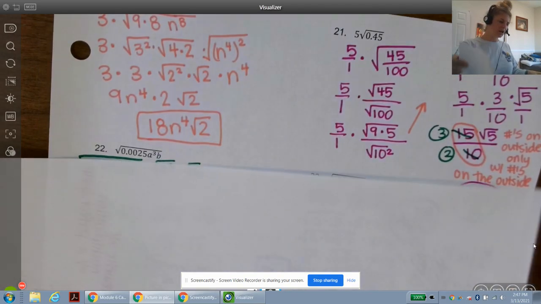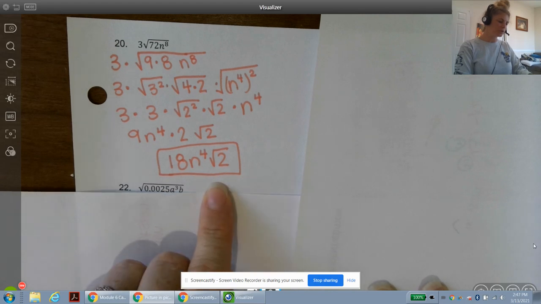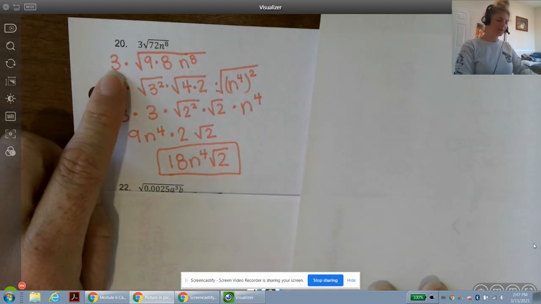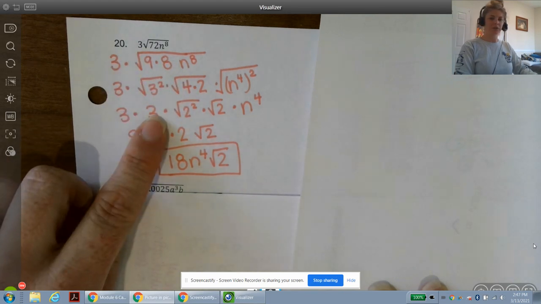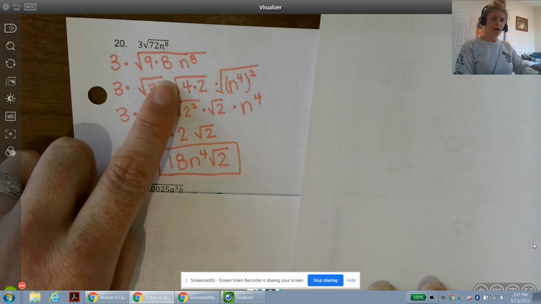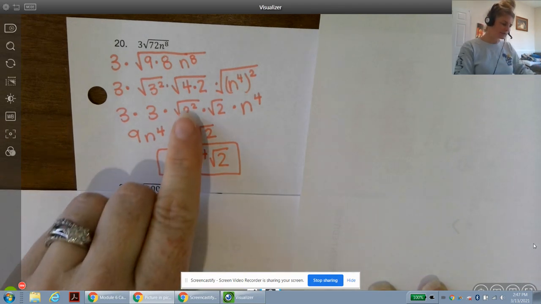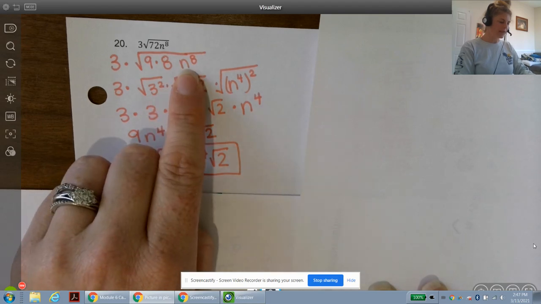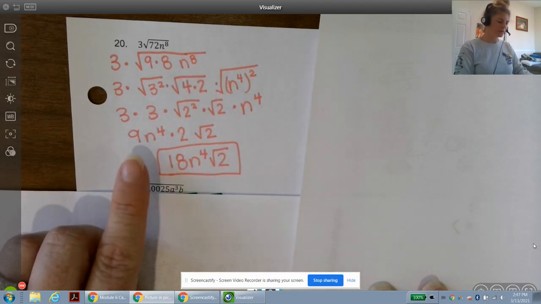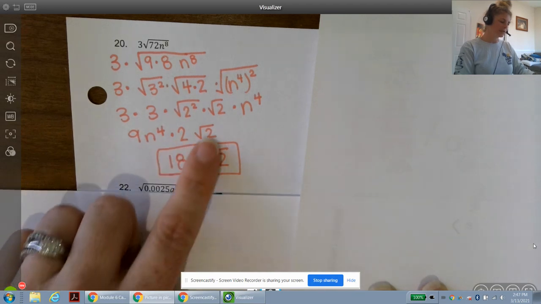Okay, so taking a look at number 20, final answer is 18n to the 4th square root 2. That 3 is on the outside just waiting to get multiplied. 72, 9 times 8, square root of 9 is 3, so that comes out. 8 is 4 times 2, so maybe from the beginning you saw maybe a bigger number that went into it. Nice, good job, you guys. Square root of 4 is 2, so that comes out. Square root of n to the 8th is n to the 4th, so that also comes out. So we have 9 times 2, which is 18, n to the 4th, and square root of 2 just stays